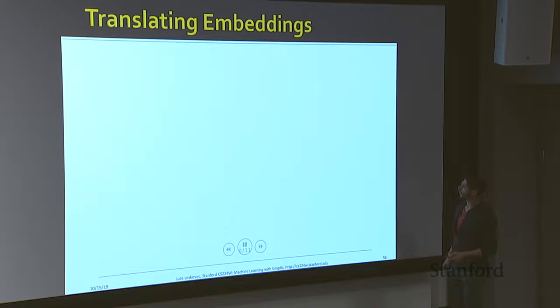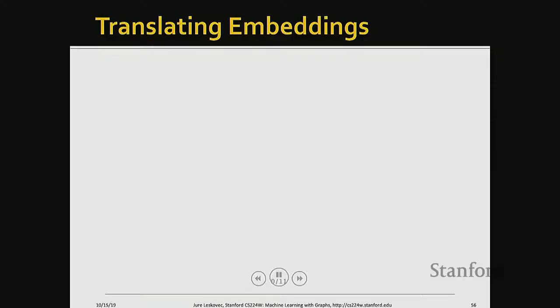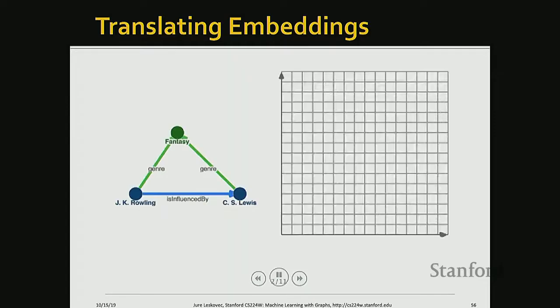So let's go through an animation. This is the technique. It's called TransE because it's a translating embedding. I will try to run around. So we start from a small snapshot of the knowledge graph,